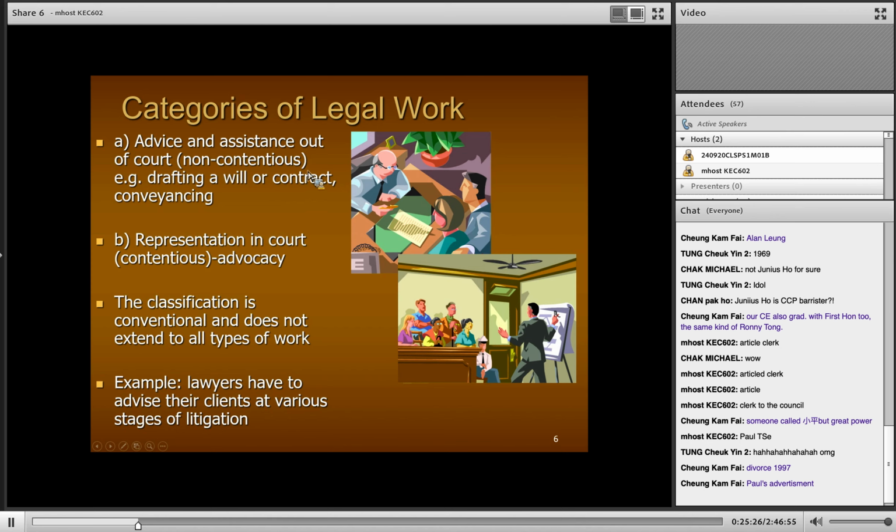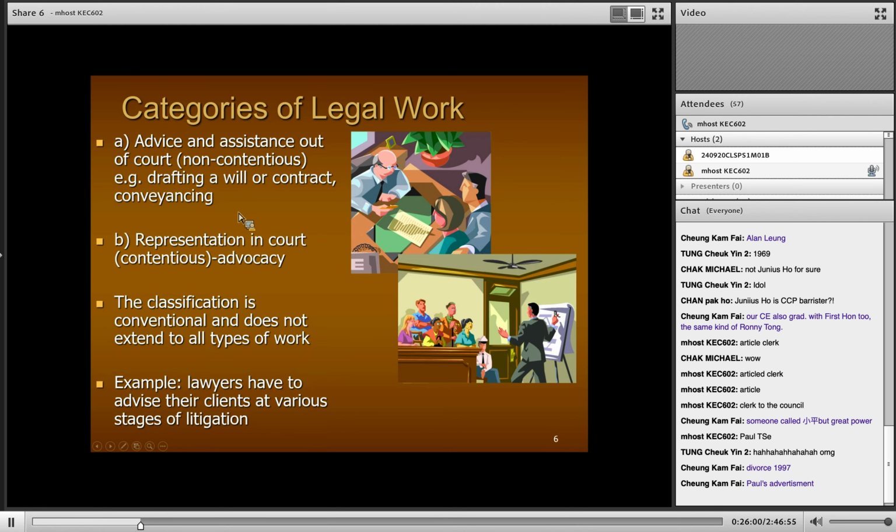It means that there's no dispute, low contention. Contention means dispute. If there's no dispute, usually, for example, drafting a will, drafting a contract, tenancy agreement, conveyancing. For those work, the lawyer has to draft lots of legal documentation like tenancy agreement, etc. And so he will take instruction and draft the agreement according to the instruction of the client,